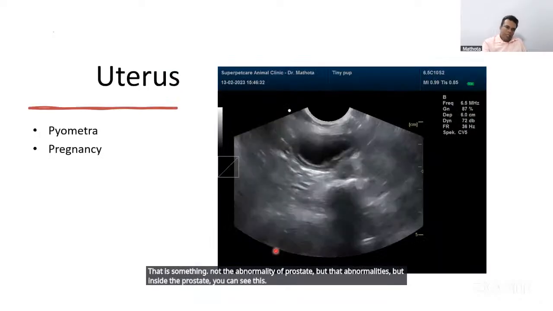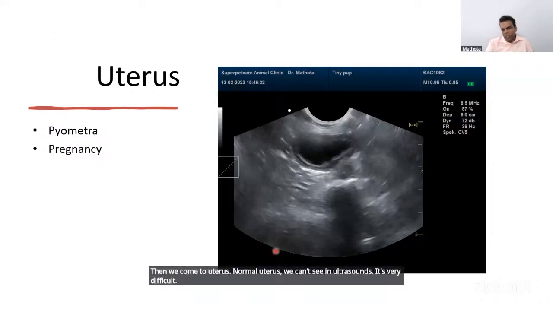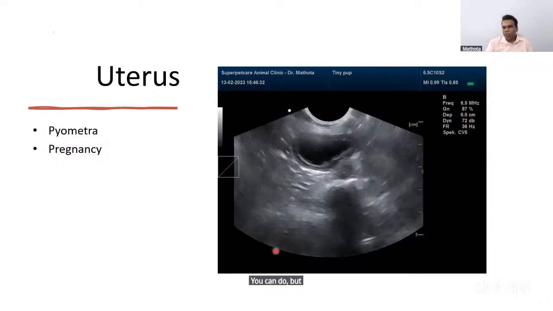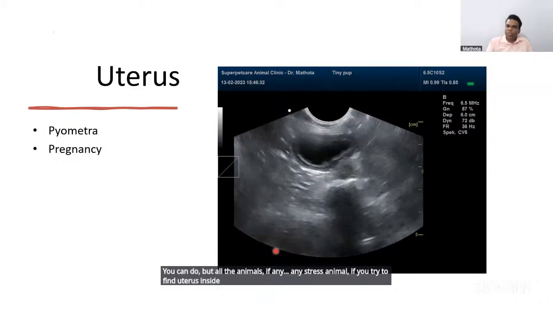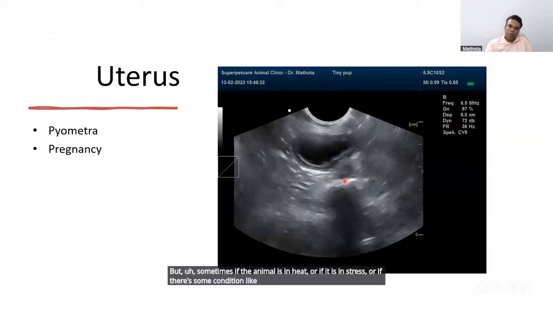Then we come to the uterus. A normal uterus we can't see in an ultrasound scan. It's very difficult. You can try, but if the animal is stressed, finding the uterus inside the abdomen is very difficult. But sometimes if the animal is in heat, or if there's some condition like pyometra or mucometra, then you can easily identify the uterus. Here, an image of